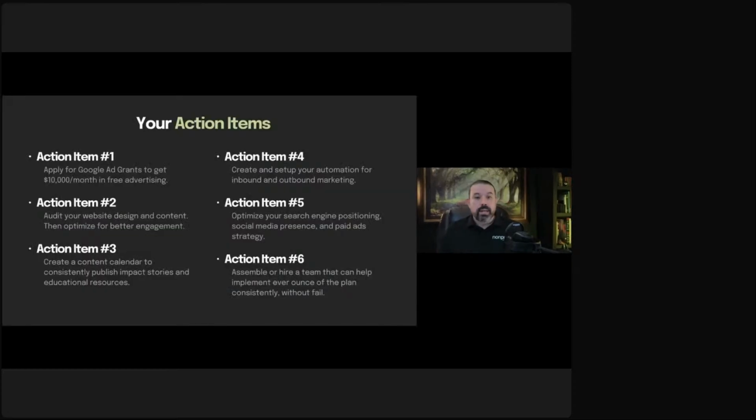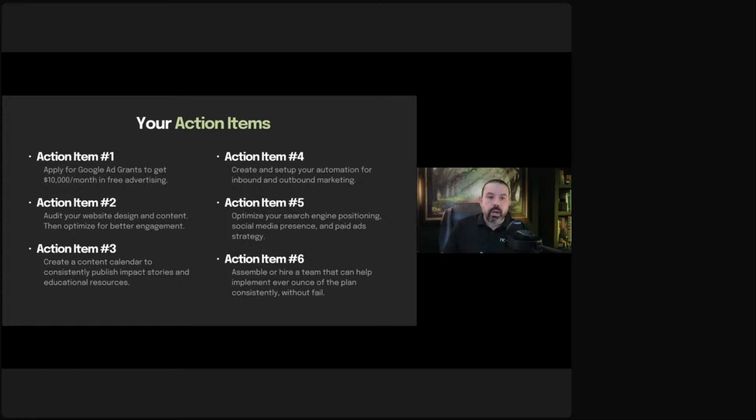All right, your action items. I'm going to give you a few little homework assignments. You've got the planning guides. Make sure you take that manual, go through it, and do all your planning. But I'm going to give you a few very poignant exercises here. Action item number 1: go and apply for the Google grant if you don't have it, guys. It's free. Go do it. Again, it's google.com/grant.